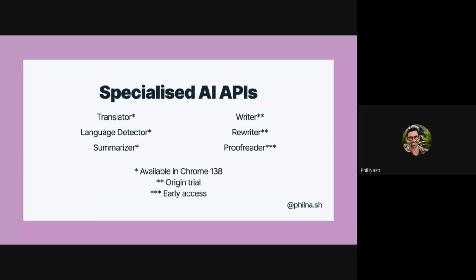They all come with stars, which is good. But the first, a single star, says, hey, this is actually available. It was launched in Chrome 138. And so there are APIs in the browser for translating, detecting language, and summarizing text available in Chrome 138 today. The writer and rewriter models are still in origin trials, and I think the proofreader is still in the early access, so that's kind of sign up for it, download Chrome Canary, make sure you can actually access it and